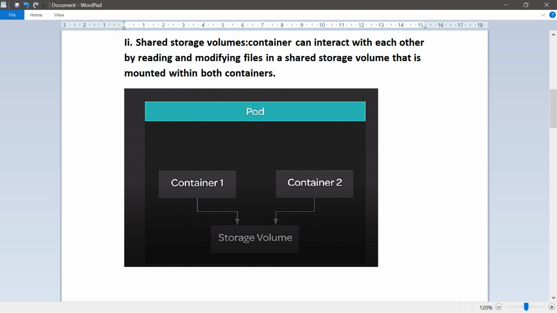You can have both of them reading and writing the same files on the same volume. There are a lot of different ways that you can have containers in the same pod interact with each other using a shared storage volume.